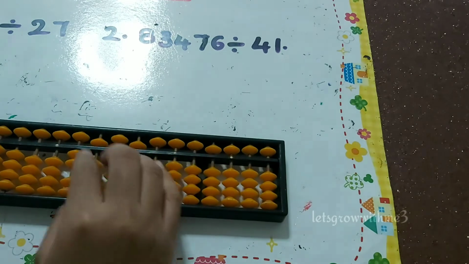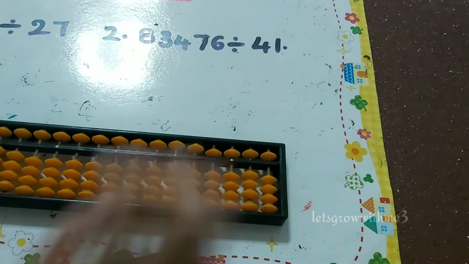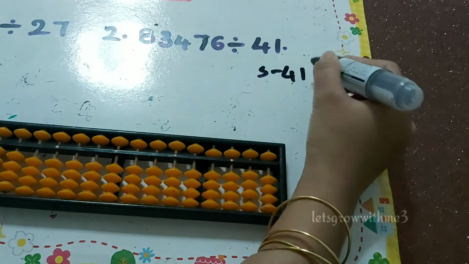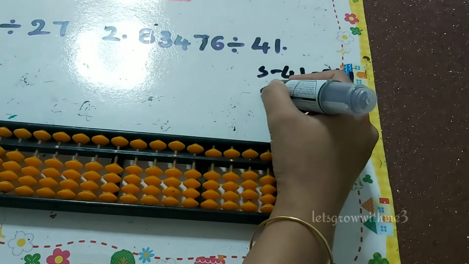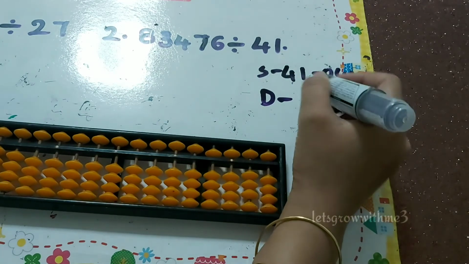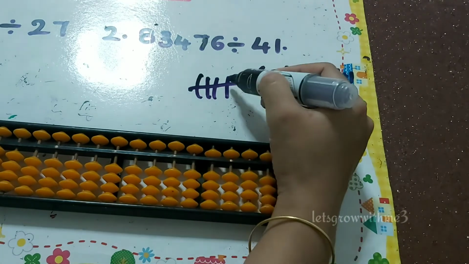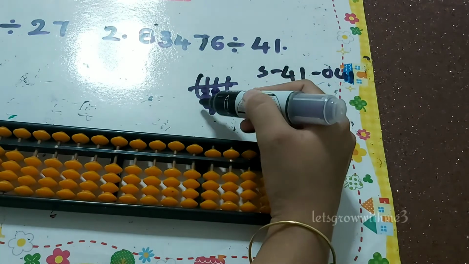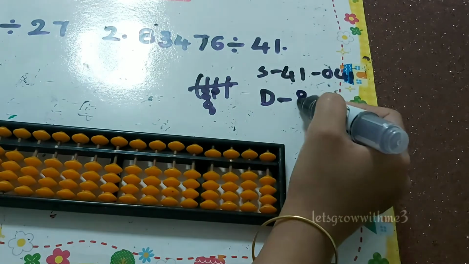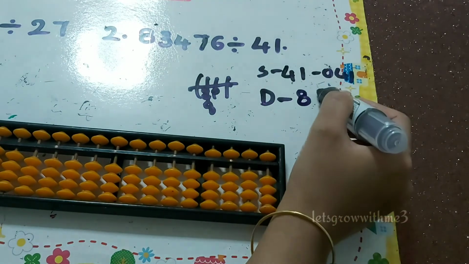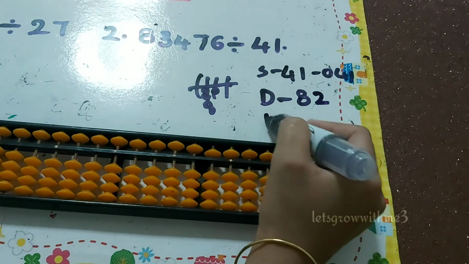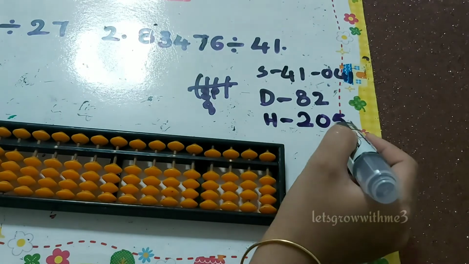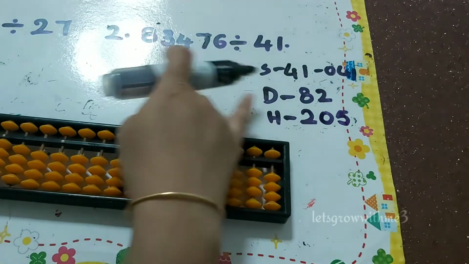8, 3, 4, 7, 6. So first we will write down the single double value for 41. Single is 041 and double is how much? So you need to leave ones place and you need to put here 4 and here 1. So you have to do the crossover. 40 over 5, which is 8. Then 10 over 5 is 2. Okay, double is 82 and half is 4 half to 1 half 0.5. So simply you can discard decimal point.